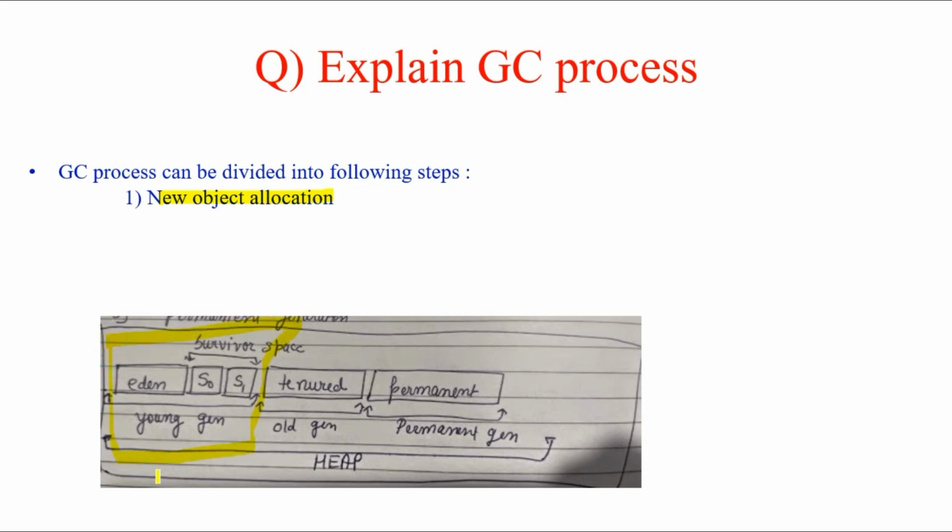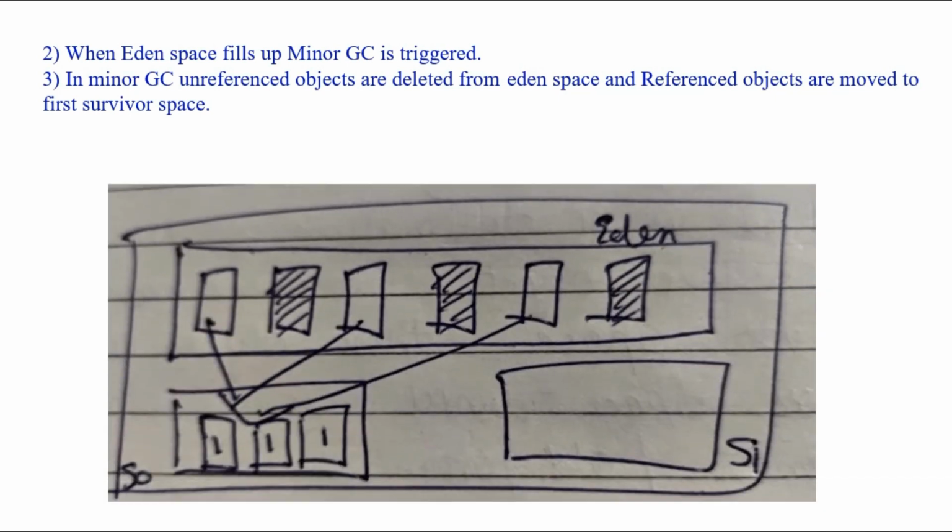So young generation is divided into Eden space, S0 and S1. So we are going to play in these 3 areas for the next few steps. So the first step is new object allocation. When your application just starts and the object gets memory with obj o equals new obj, as I've shown you in the first video, then that newly created object is actually given space in this part of the heap, that is young generation. Now the second step is when Eden space is completely filled.